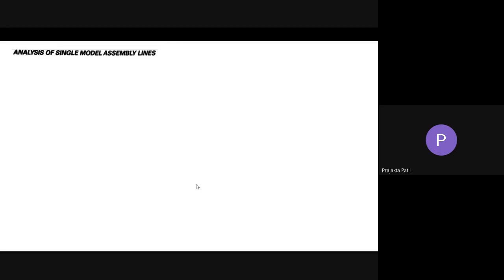Okay, so just understand one thing, that these equations that we are writing are with respect to the single model assembly line mainly. With some modifications, they can be applied to batch model assembly lines as well. And for the mixed model, we have a different set of equations. Okay, so to start with,